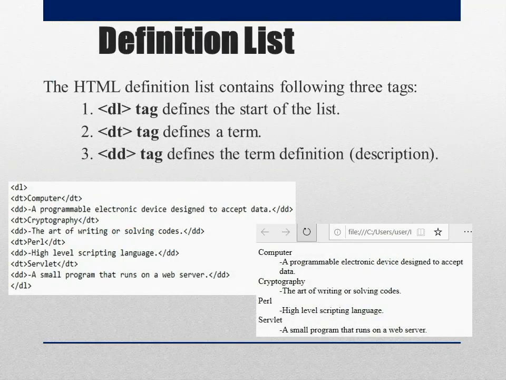Next is the definition list. A definition list is formed by a group of definitions and their descriptions, like a dictionary or encyclopedia. And definition lists are created by the container pair, an opening DL tag and a closing DL tag. A definition term is defined by the tag DT and the description is defined by the tag DD. Let us see an example of a definition list. In this example, the terms are denoted by the tag DT and the descriptions are denoted by the tag DD. And its output will look like this.